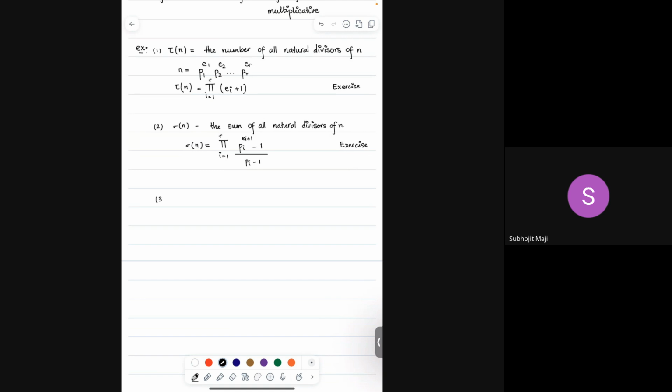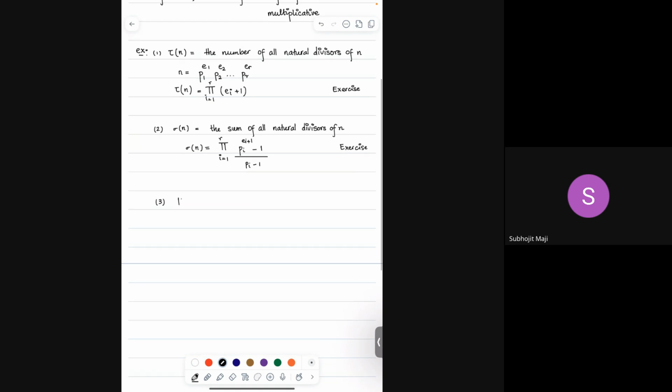The next example that I want to give you is what we call pi of n. And I understand this can be a bad notation because my product symbol and my pi probably look the same, but this is just standard notation in analytic number theory. So this is a capital pi. Don't think of this as a product. I mean, this is not a product over all n's. This is a product function. This is the product of all natural divisors of n.